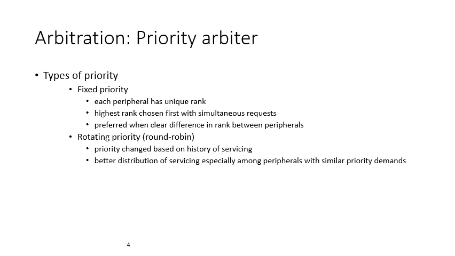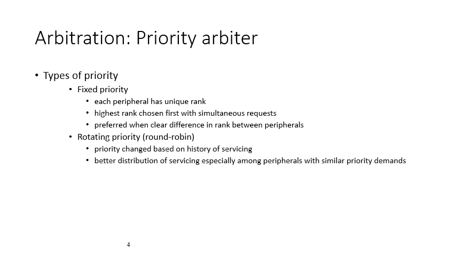Fixed priority: each peripheral has a unique rank, as we have seen previously. The highest rank is chosen first with simultaneous requests. For example, we have two peripherals and both of them simultaneously request servicing from the processor. The priority arbiter is going to choose the one with the highest rank. It is preferred when there is a clear difference in rank between peripherals. So we usually prefer this type of arbitration when there is a complete or clear difference between the ranks. If we have two peripherals at the same rank, we are not going to use this